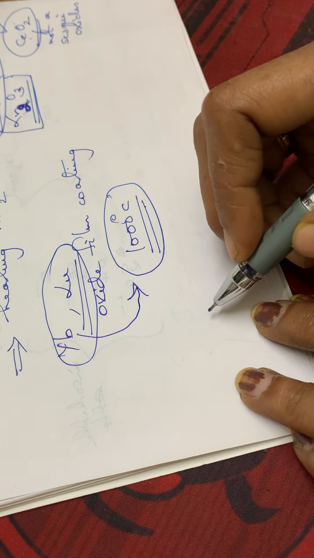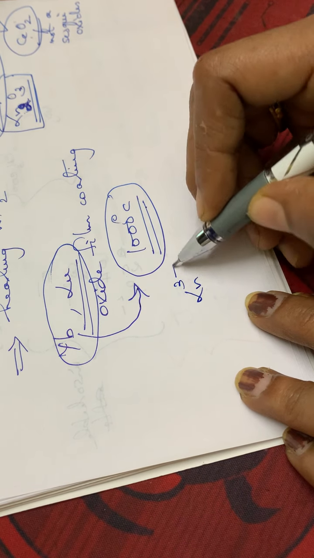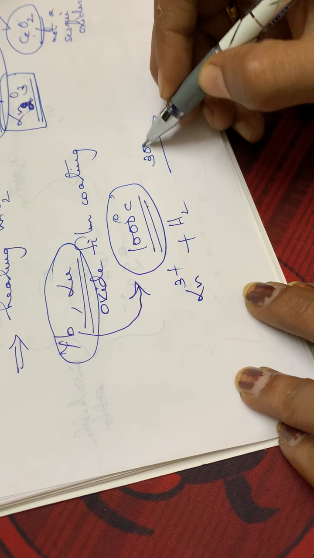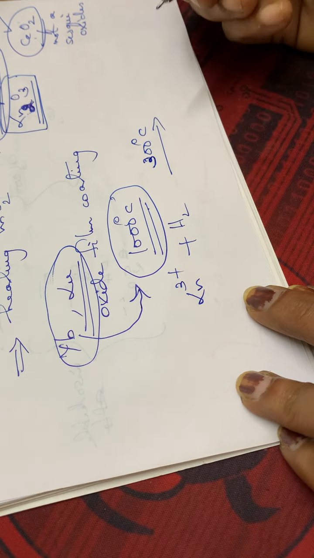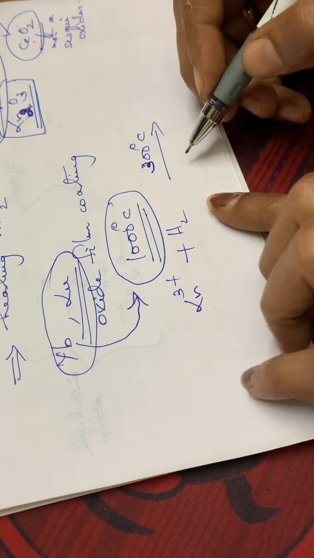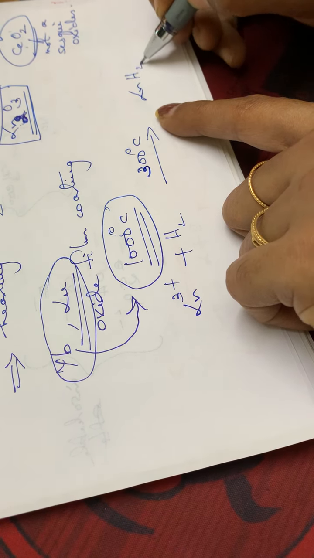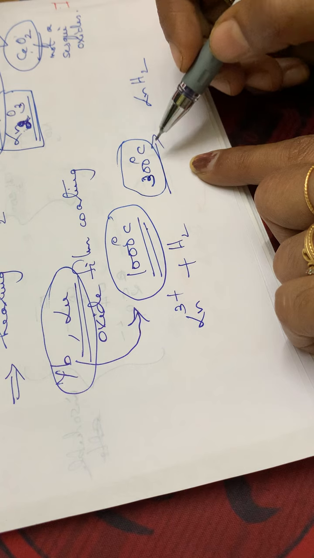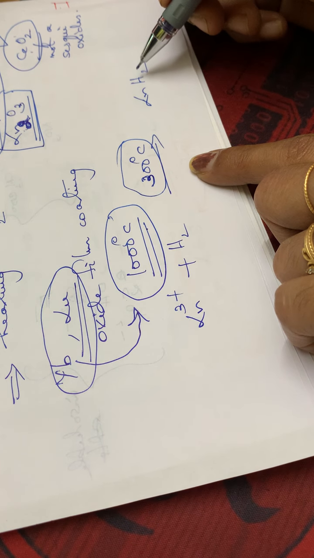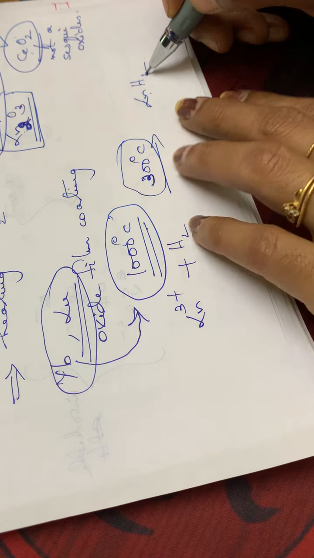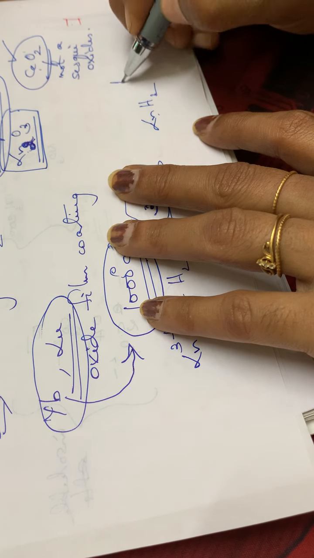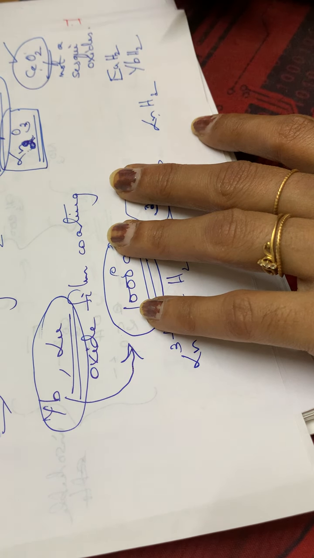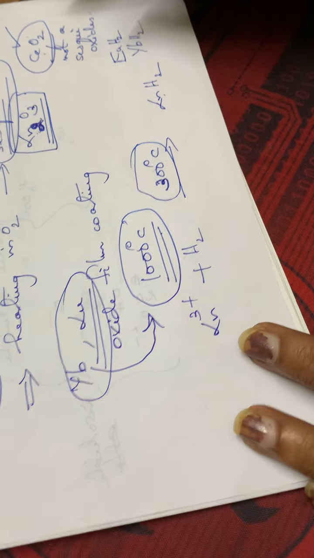Then one more reaction is there. Lanthanides will react with hydrogen. For the reaction to take place, it is heated to 300 degrees Celsius. As a result, the hydrides will be formed, of the formula LnH2. So for starting the reaction, it is heated to 300 degrees Celsius, forming hydrides. Similarly, other hydrides can also form, that is europium hydride, EuH2, then ytterbium hydride, etc. This you also have to take into consideration.